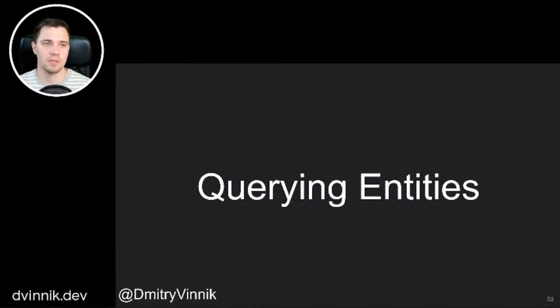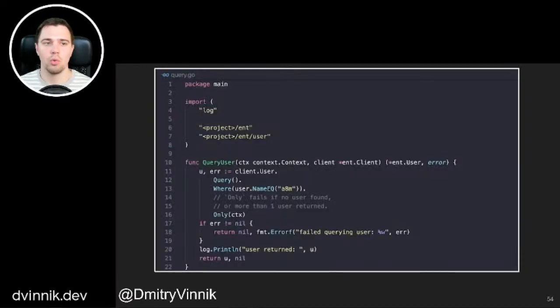And if you were to not just create but read something, querying the entities, again, you will add a query user function. In that function, you choose what you're going to search for. It can be an ID, it can be a name. In this case, you can see that I just call a query function and specify a where clause, similar to doing a query in the database directly, but here you can do it in the code. And that's the only thing you really have to use.